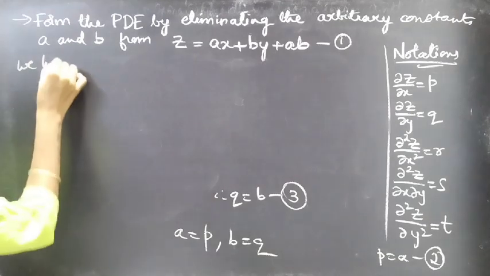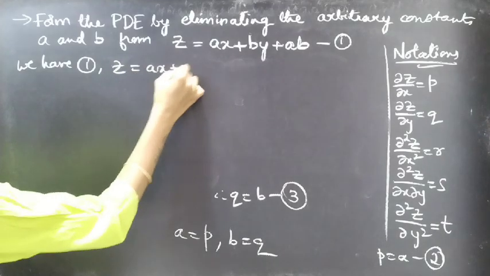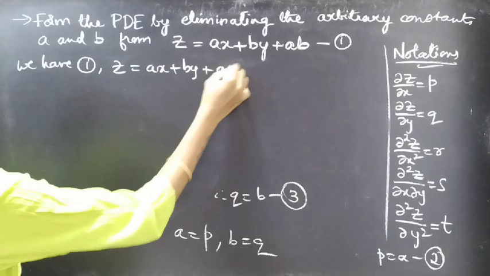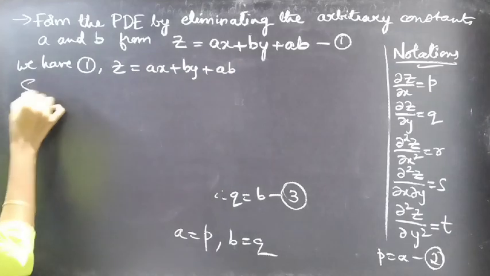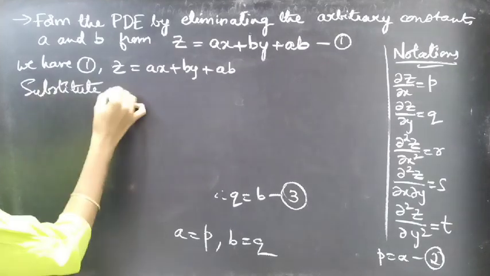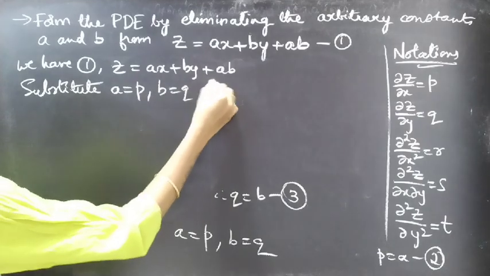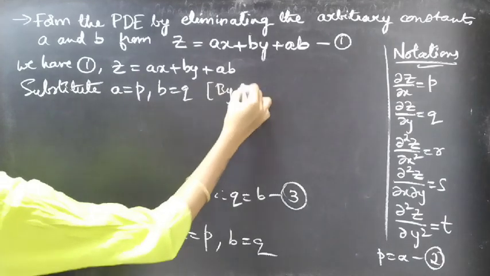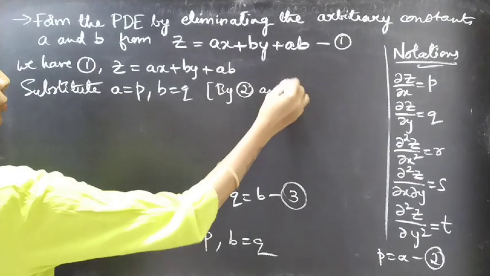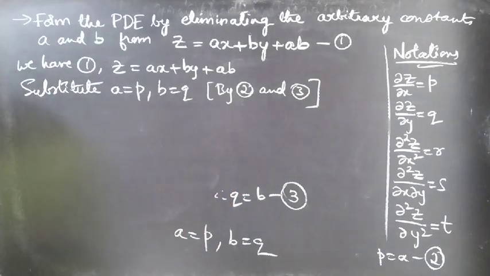We have 1: z equal to ax plus by plus ab. Substitute a equal to p and b equal to q by 2 and 3. Then 1 becomes